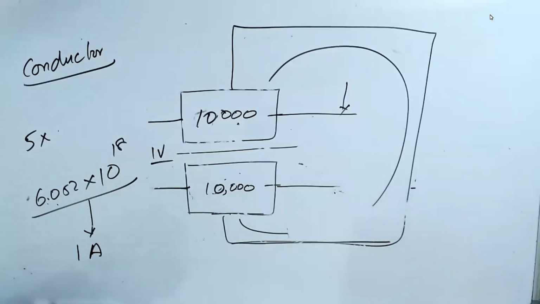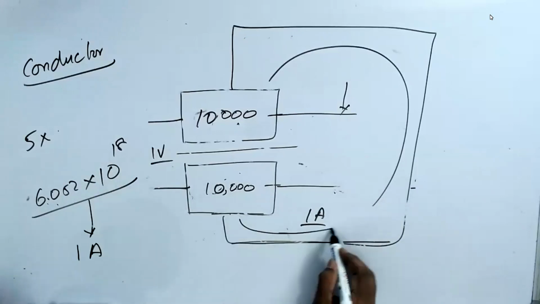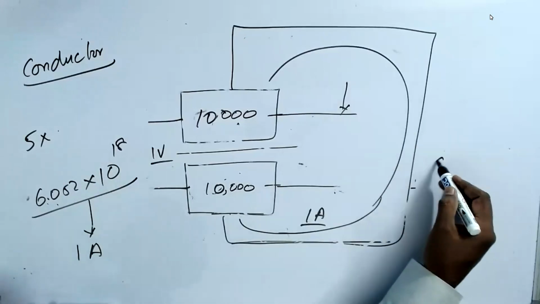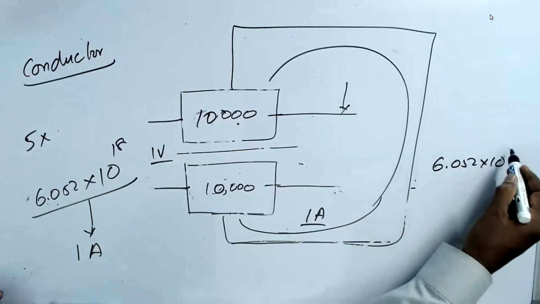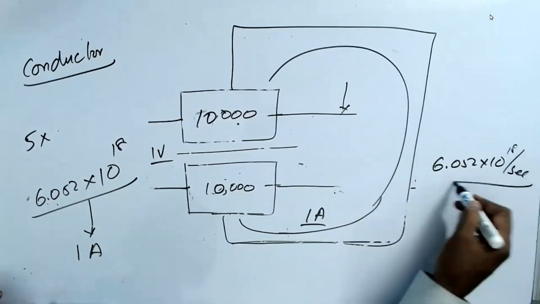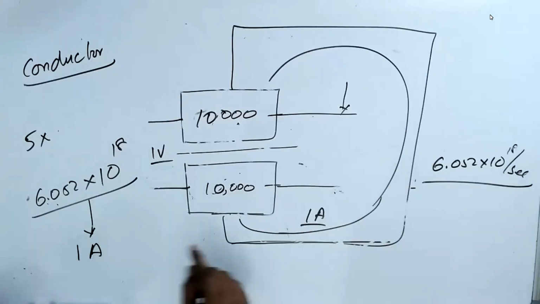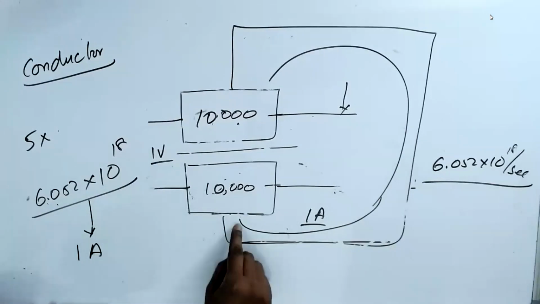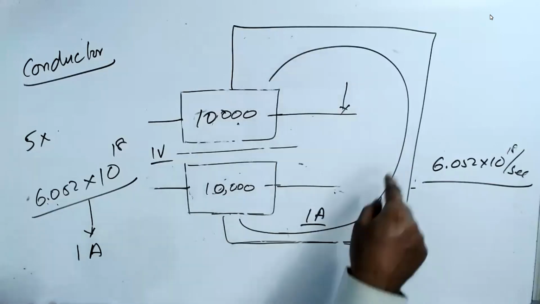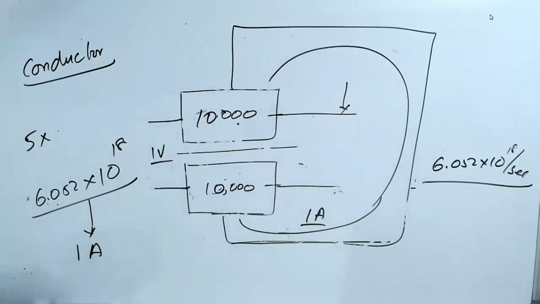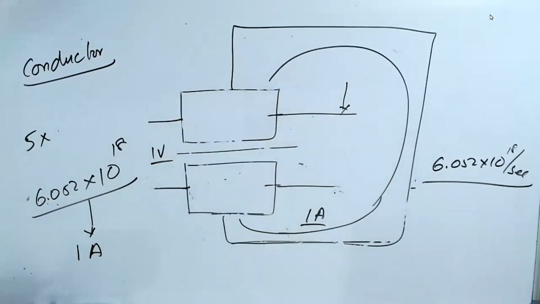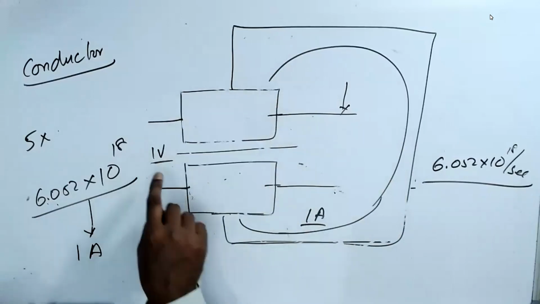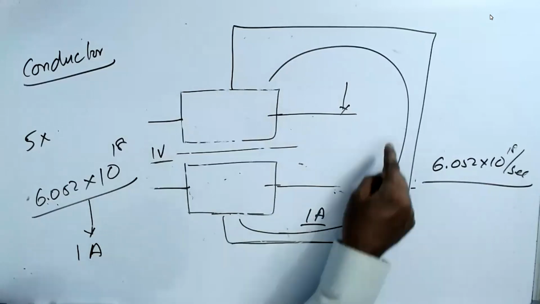Now, this is called 1 ampere. That means that if this many electrons go through this path per second, understand how much? In 1 second, then it is called 1 ampere. That is, within 1 second, this many electrons should flow from here to here. Understand? So now we understand what is 1 volt. 1 ampere is so much of electron flow.